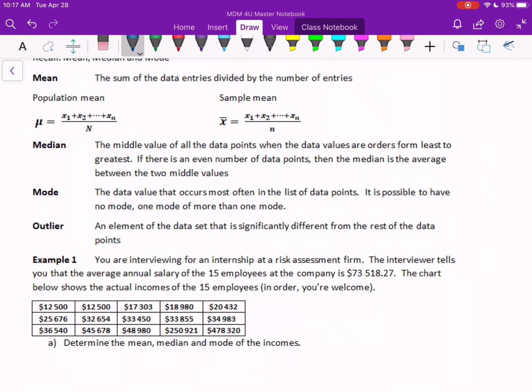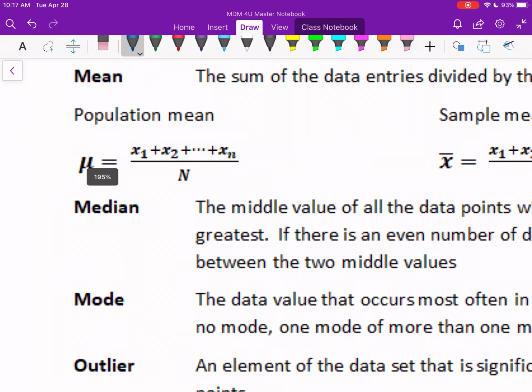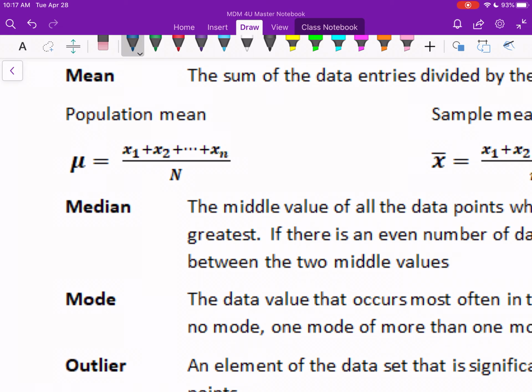So let's start with the mean, which is just another word for what you've probably been calling average. It just means that you add up all the pieces of data, all the numbers, and then you divide it by the number of numbers. So add them all up. You can take a look at this first formula here underneath population mean. It would be given here as